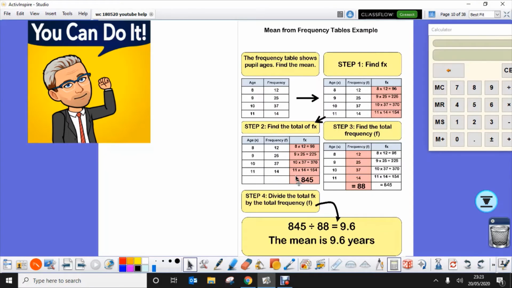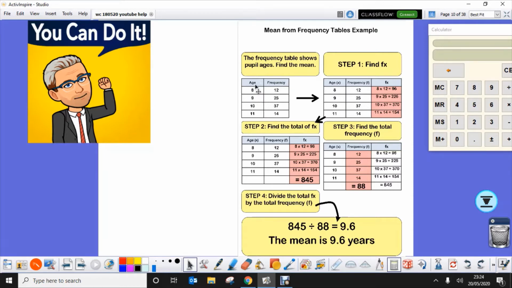Hi all, I'm just going to do a video on mean from frequency tables. The key information to look at there is a 4-step system. Whenever working out mean from frequency tables, initially we've got the data, so in this case I've got age and